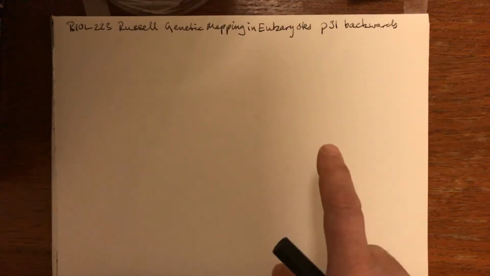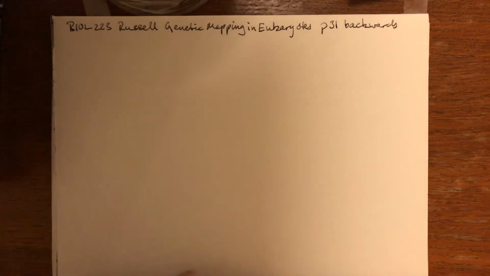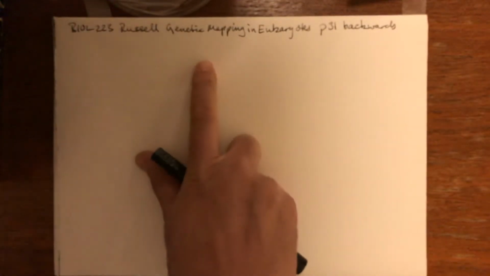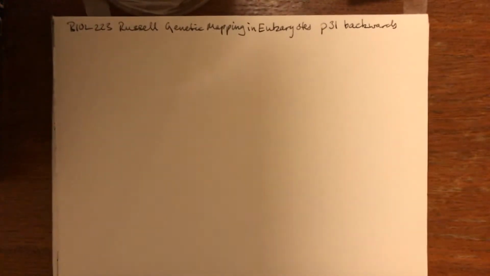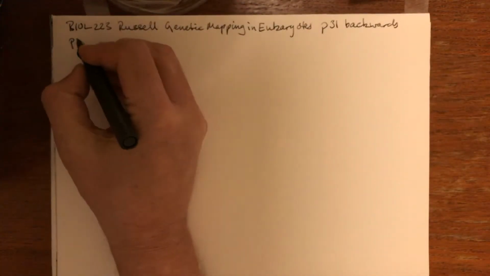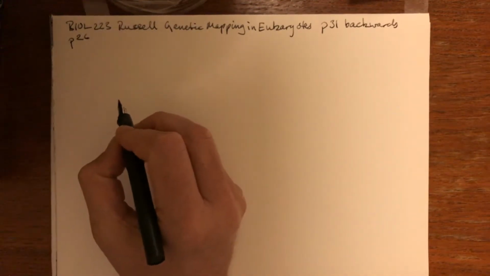This is for Biology 223 Genetics. I want to do, so I have a video on problem 31 from chapter 14, genetic mapping in eukaryotes. And I want to do it backwards, and backwards then relates to the problem 26 of this chapter, and is